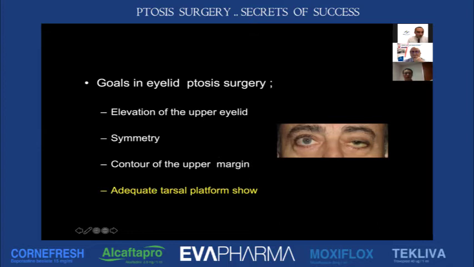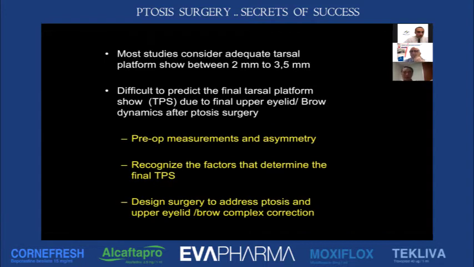Elevation is probably one of the main goals in ptosis surgery, but it is not the only one. Symmetry, contour, and adequate tarsal platform show should be considered within the goals of a ptosis surgery. Most studies consider adequate tarsal platform show between 2 millimeters to 3.5 millimeters. It's difficult to predict the final tarsal platform show due to the final upper eyelid brow dynamics after ptosis surgery. To do that, it's very important to take the right pre-op measurements and detect any asymmetry,